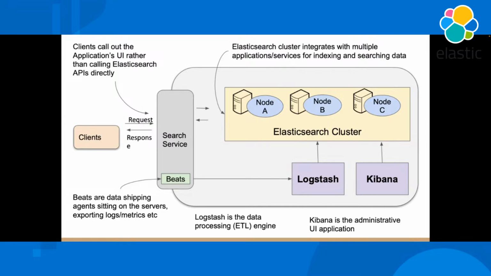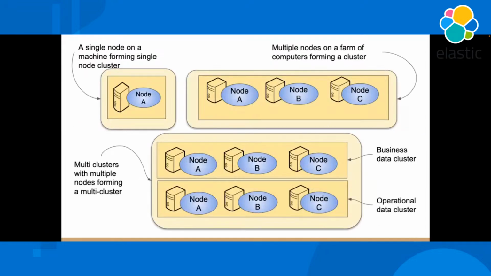Normally, what you do is create your own search service, exposing the APIs of Elasticsearch on top of it, similar to what you see in Kibana. So clients send a request and get a response back, right? Behind the scenes, you can have Logstash or Beats to pump the data in, or internal analysts or anyone in the organization who wants to run data queries can use Kibana, including the administrators, right?